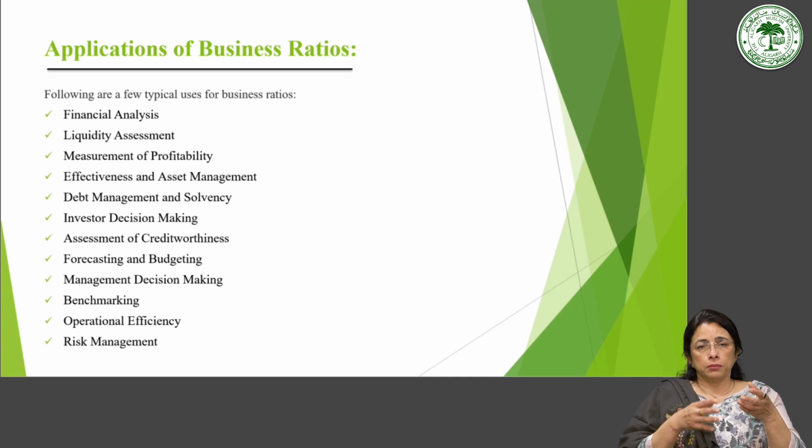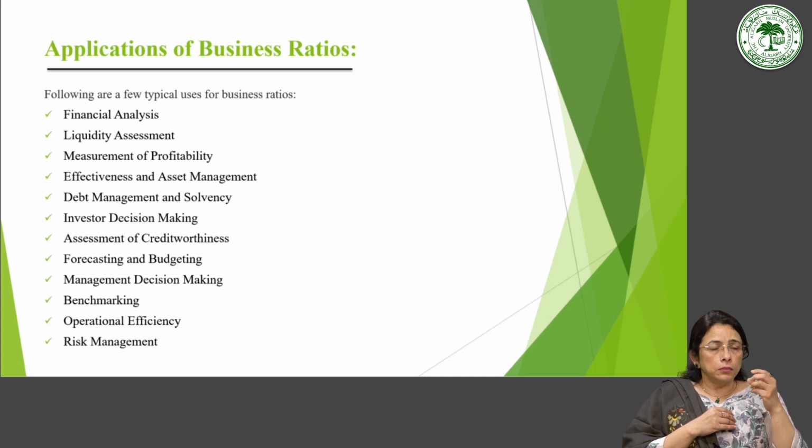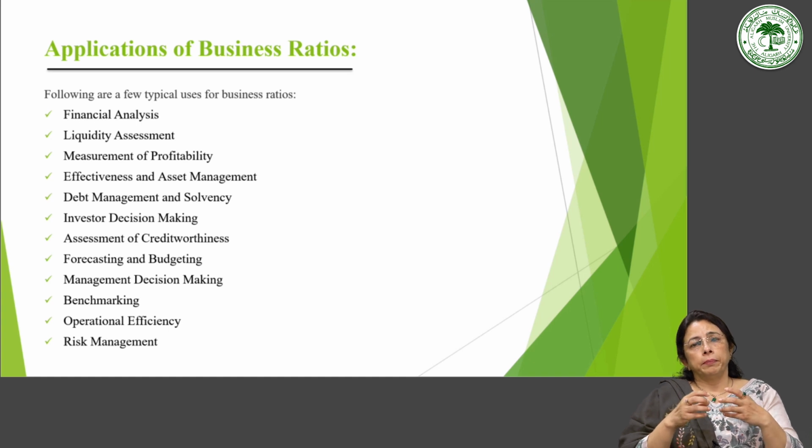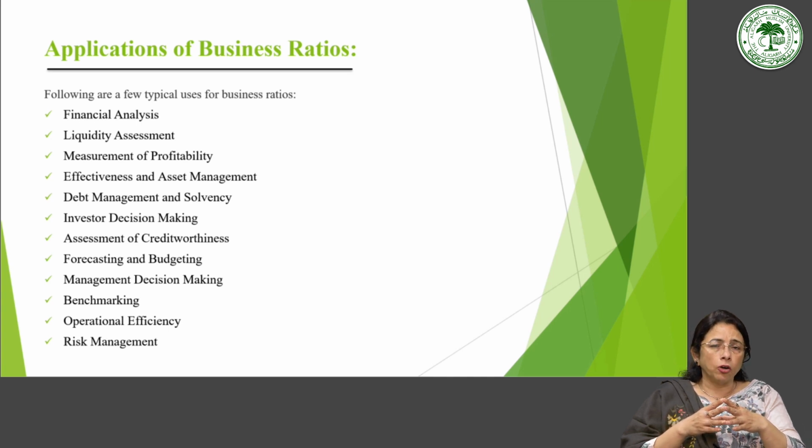Here there are certain concepts. For example, return on equity means what every shareholder, or equity holder, will get back on his investment into the business. So with the help of ratio analysis, we can calculate the return on equity (ROE) and also the return on assets. That is, how much profit is earned on the respective investment through equity or capital, and similarly how much return is earned on the assets.